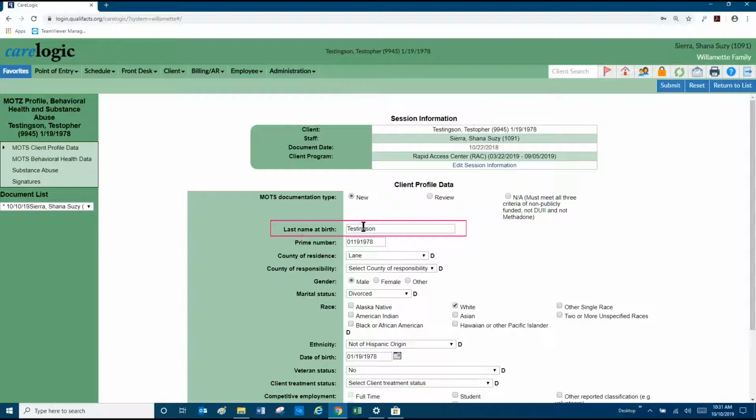Last name at birth populates from the client demographic. If there is no last name at birth selected in the demographic, it will automatically populate the last name that is in the client file, which is showing on the information banner. The prime number means OHP number. If there is no OHP, then you wouldn't have a number. If it's strictly a grant or cash pay DUI,